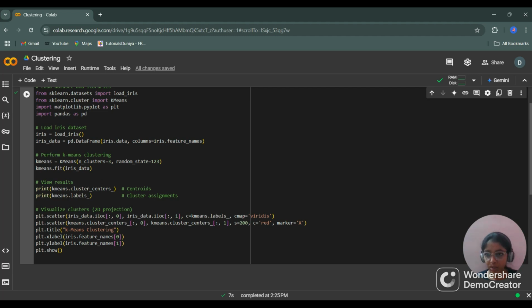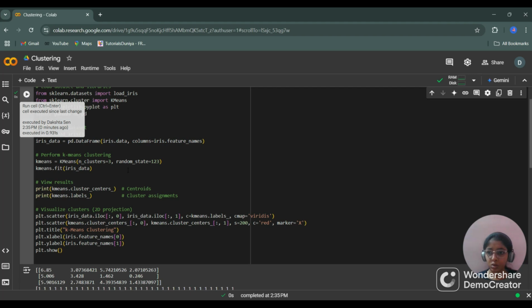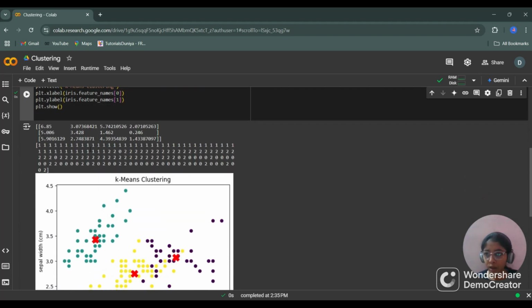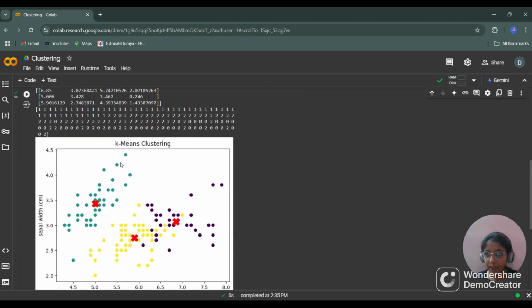So when we visualize the clusters in a 2D projection, this is the command for it, plt.scatter. We have plotted a scatter graph, and in this the clusters will be shown. Now let's just run this command. So it has run, and we can see it has plotted this scatter plot.